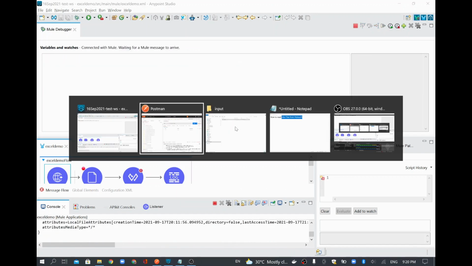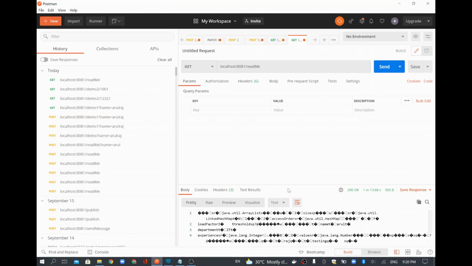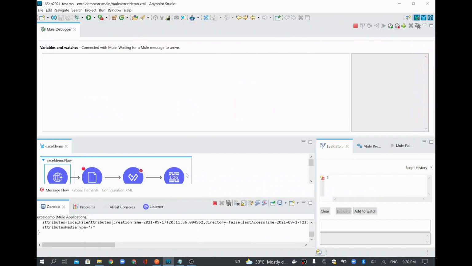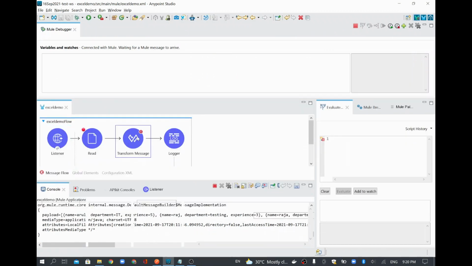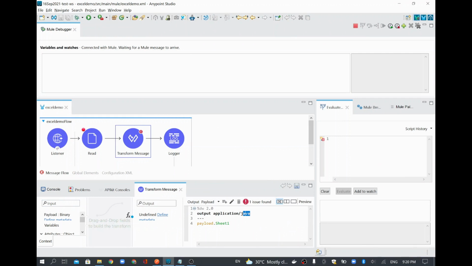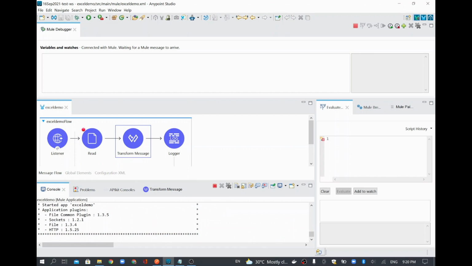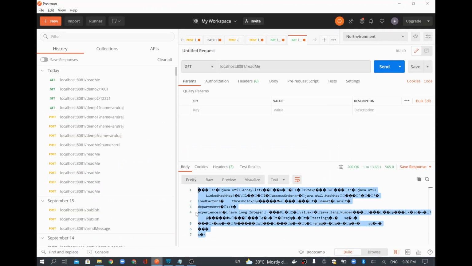So that's it. I executed it, and as we have given the output as Java, that's why Java content is coming. If, for example, I wanted to show that as JSON or some other format, I can convert this as JSON just to show how that appears in our debugger. So now I converted that as JSON. Whatever changes we have done, we saved, and it's getting deployed. Yeah, now it's deployed. I'll try to run it again.